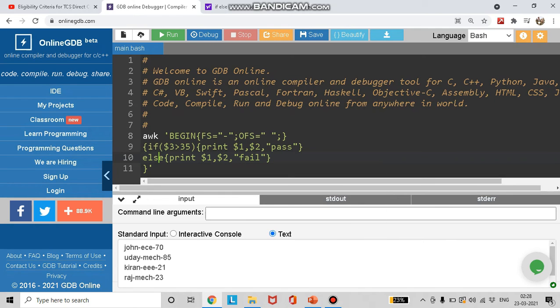For the else, you need not type the condition as in if, because it is logically explained. That is, if it is not satisfied in the if, it automatically goes to the else block. If the mark is not greater than 35, it is obviously less than or equal to 35, so it automatically goes to the else part. So I printed $1, $2, fail. That is name, department, and then fail. Again over here, name, department, and pass if they have scored greater than 35.